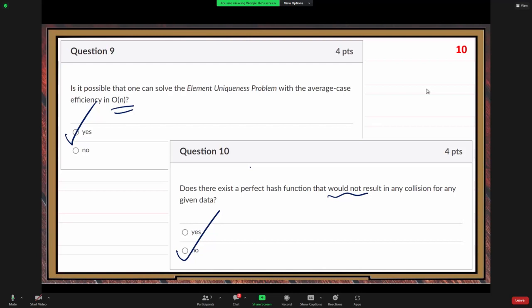All right, so that's quiz number 5. Then, the last thing we need to do, we do not have much time, less than 10 seconds. Let me do just